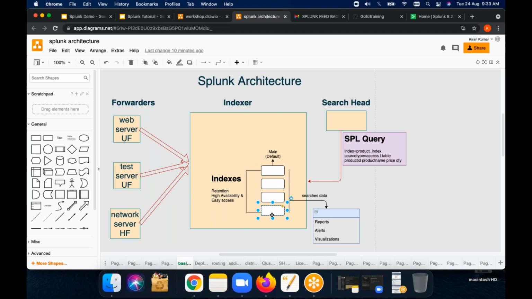It is always good to store in multiple indexes, right or wrong? Because if you store everything in a single index, the data may crash. So whenever data is coming from different servers, we have to store it in different indexes.